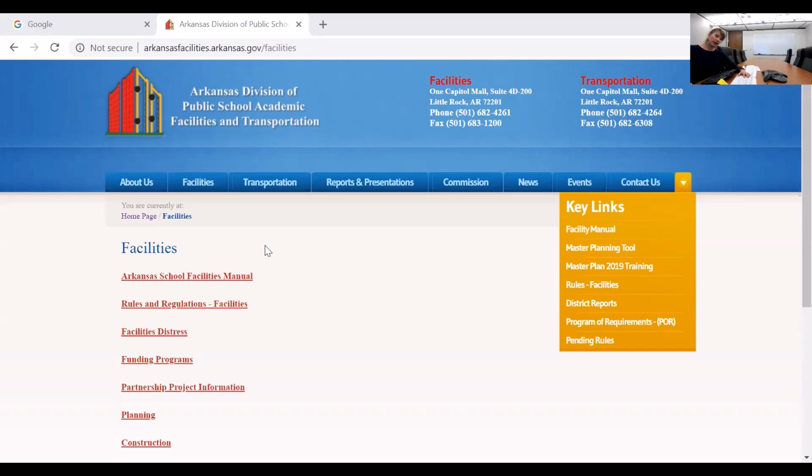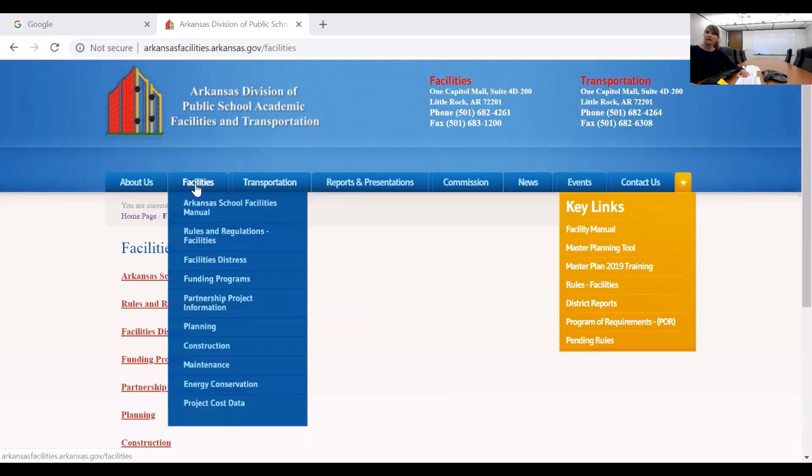Districts will prepare a POR for each new space project application, which the district intends to apply for by March 1st of 2020 for the 21-23 Partnership Program funding cycle. PORs shall be submitted electronically in Excel-compatible format. And the POR worksheets, I'm going to share my screen,